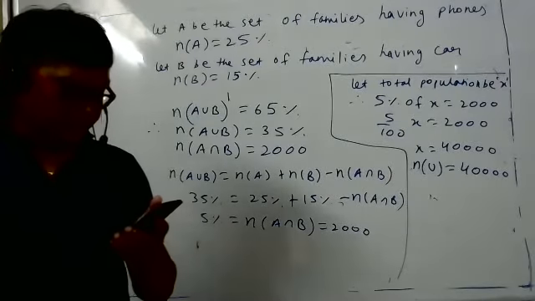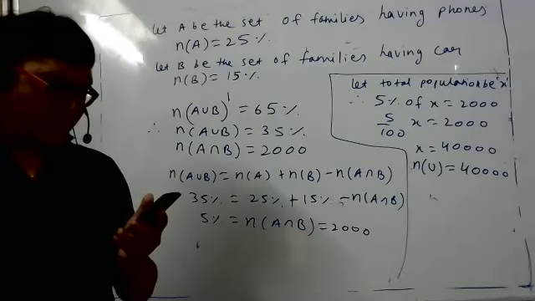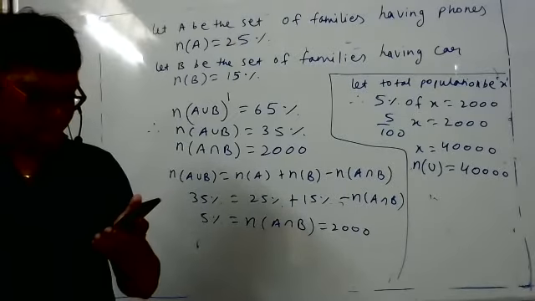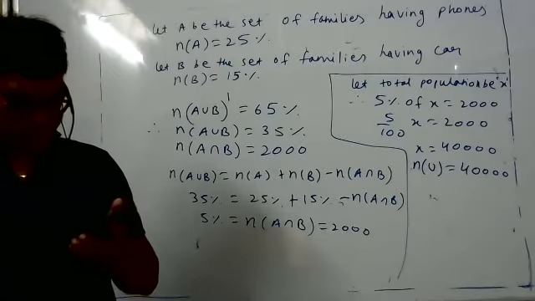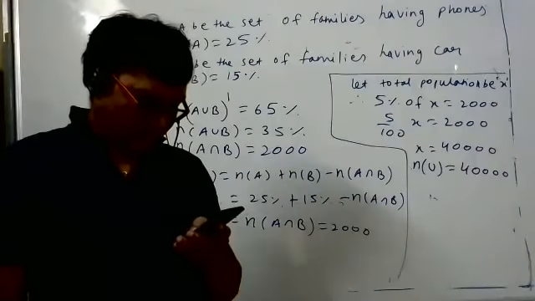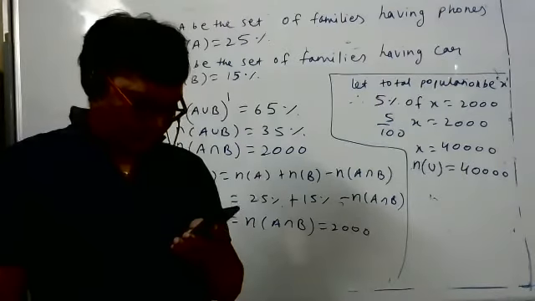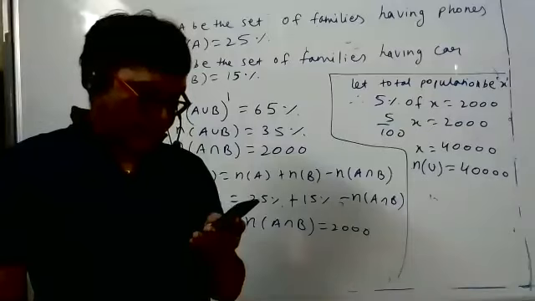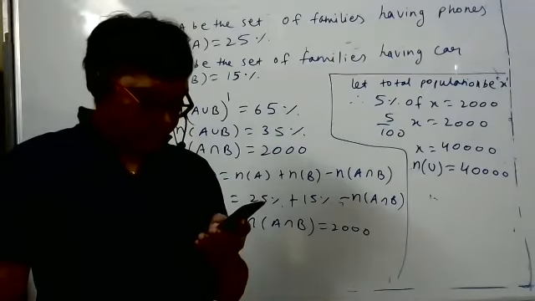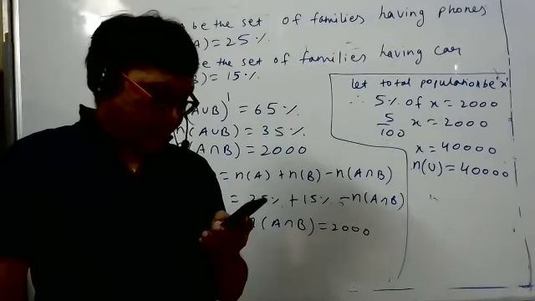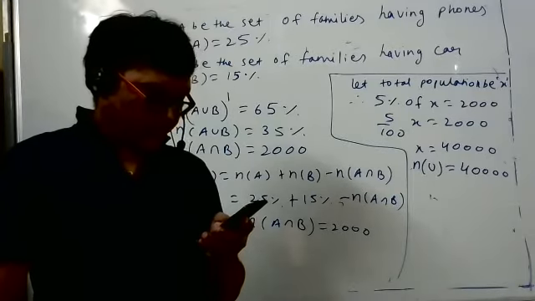But if we take an element X from A union B, then we can only say that it's either of A or B, because sometimes it can belong to both A and B. It is part of A, and also part of B. Either A or B is symmetric difference. Correct. That is not union. Yes, sir. So it can't be union. It's symmetric difference. Either a car or a phone is basically the symmetric difference of car and phone. Correct.